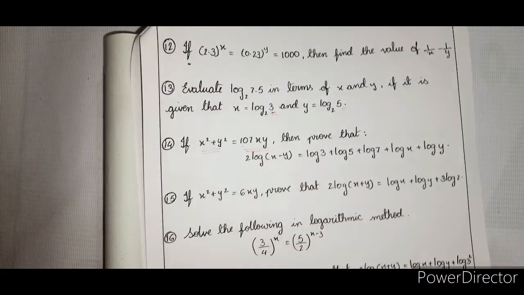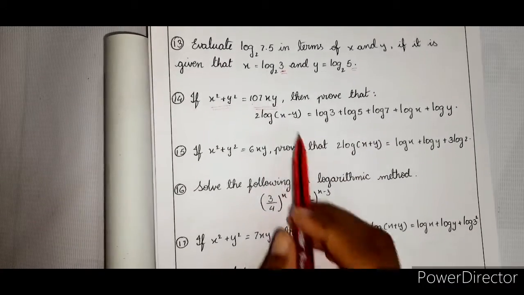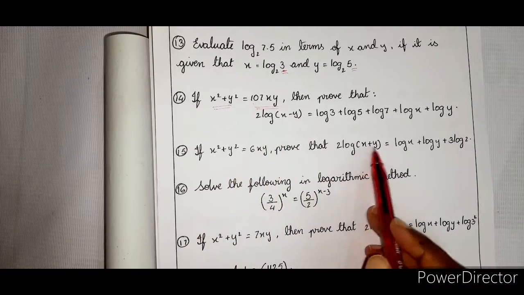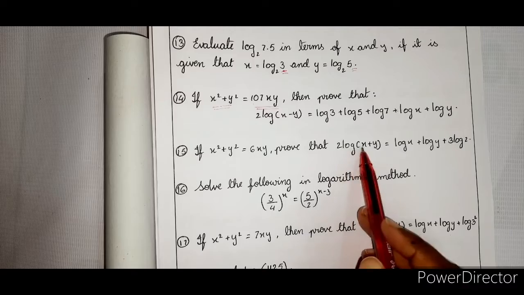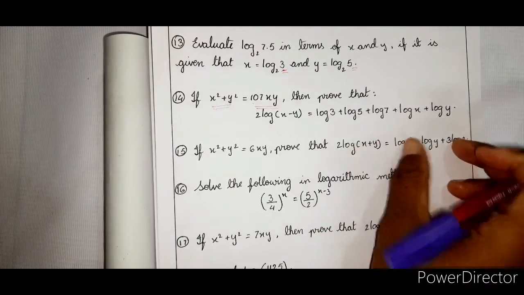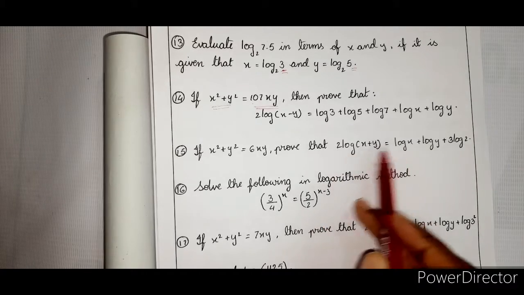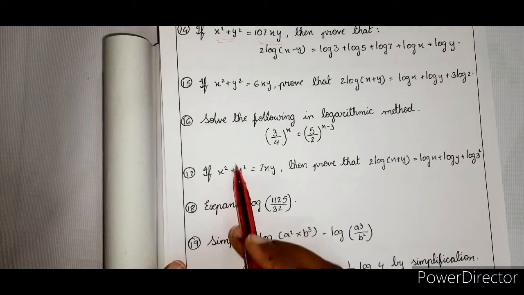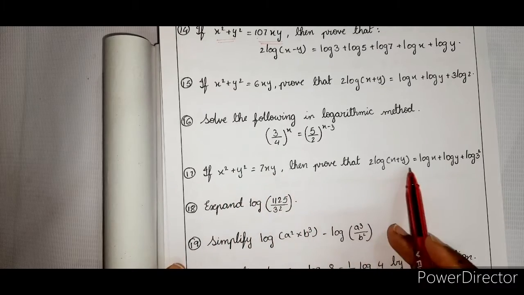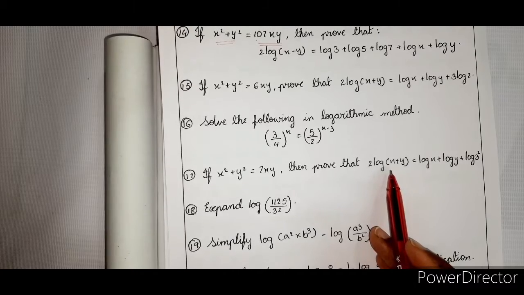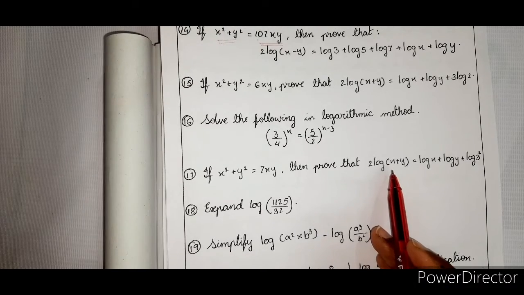So, dear students, please look at this one. Similar kinds of problems are here also. x square plus y square is equal to 6xy. Here it is x plus y, which means we are taking the log of x plus y whole square. We will take x plus y whole square, expand it, and then take log on both sides. Automatically you can solve this. The similar kind is here also: x square plus y square is equal to 7xy. And yesterday we did two problems, I think, based on this, with x plus y and x minus y.